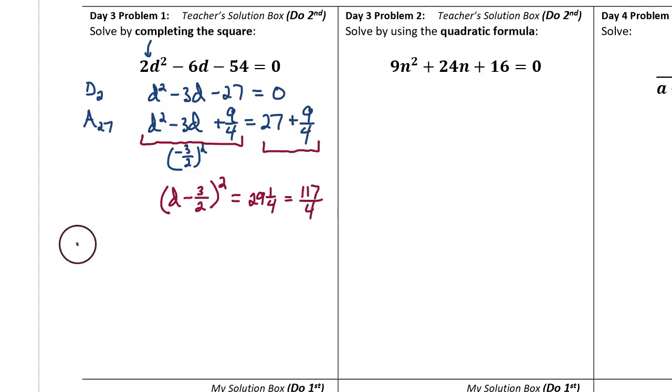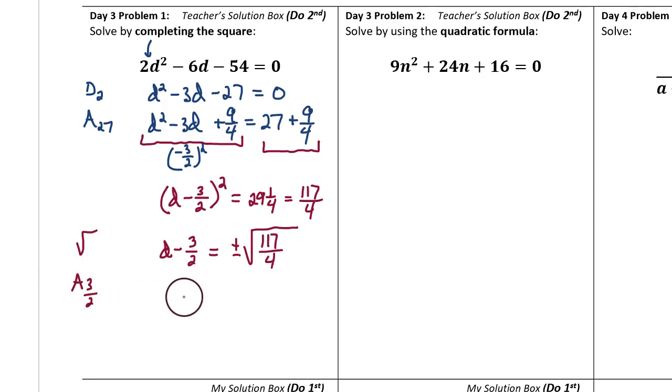In the next step, take the square root. So on the left side, d minus 3/2 is now alone. On the right side, the positive and negative square root of 117 over 4. Next step, add the 3/2 to both sides to get the letter d alone. So 3/2 plus or minus